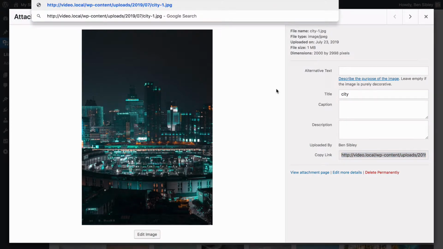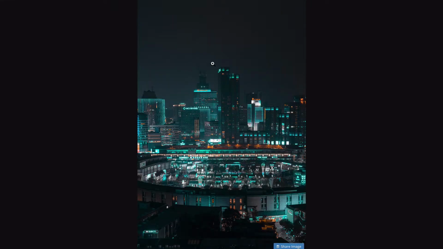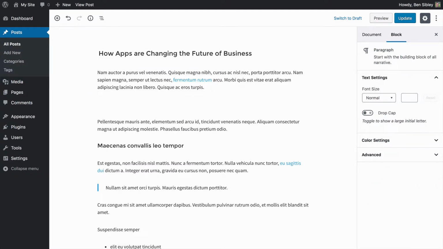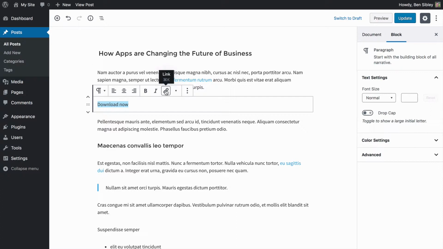And if I paste it into the editor, you'll see it just takes me to that file hosted on my WordPress site. So now that I have the URL, I'll go back to my post and I'll add a new link. For the anchor text of the link, that is the text that people see and read on your site, I'll just type download now. I'll highlight this text, and once it's highlighted, I can click on this link icon to make the highlighted text linked. And in this URL box, I'll press Command V to paste in the link leading to the photo